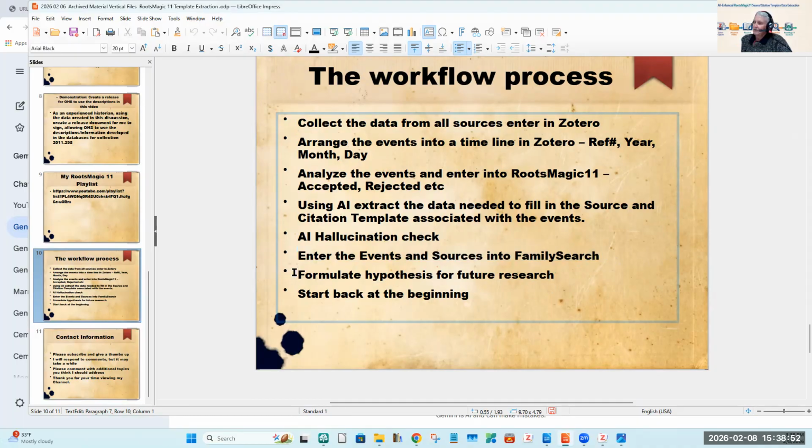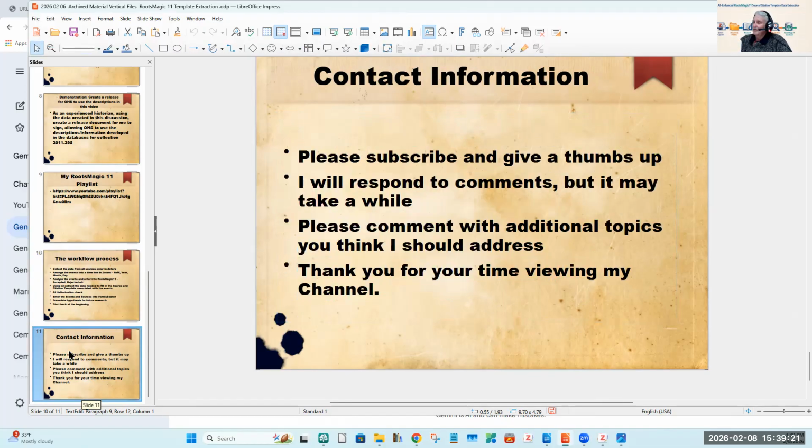When I get through with entering all of Auta Kennedy's stuff, I still have some more exhaustive research to do before I get to entering into FamilySearch. Then you formulate a hypothesis for future research. I may have AI help me with that. And then you start back at the beginning again, if you've got the time to go back to that individual. I'm pretty happy with the number of data points I've got for Auta Kennedy.